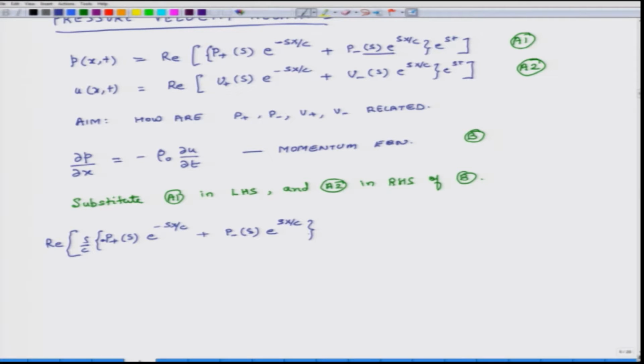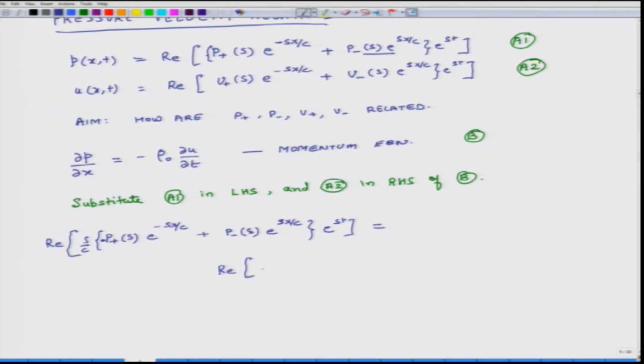So, this entire thing is in parenthesis. I have differentiated equation A1 with respect to x, and this entire thing is multiplied by e to the power of s t. So, that is the LHS of equation B, and this equals